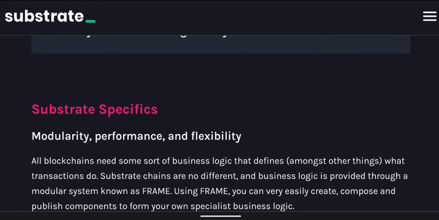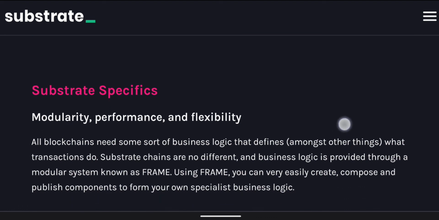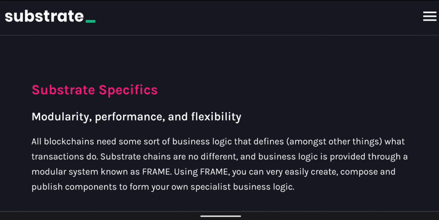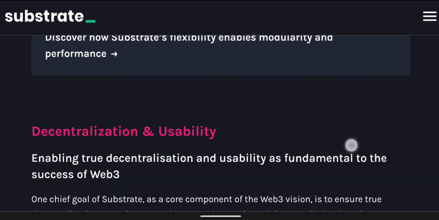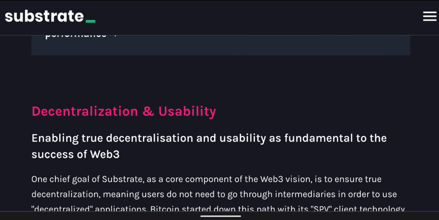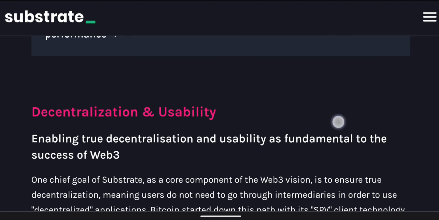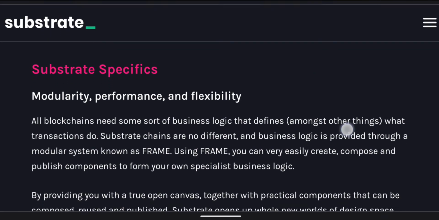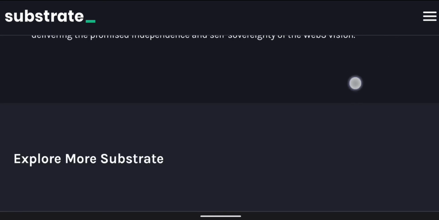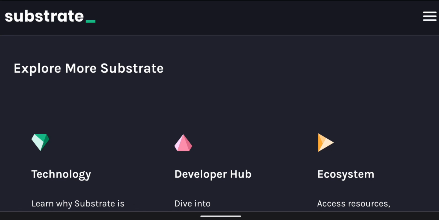Now, it's of no surprise here that the specifics of Substrate deal with modularity, performance, and flexibility. In this same phase, decentralization and usability move along together with modularity, performance, and flexibility. All of this and more